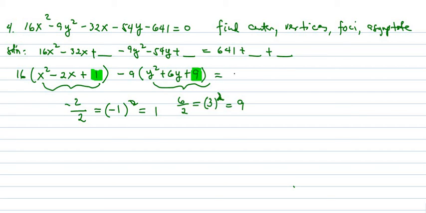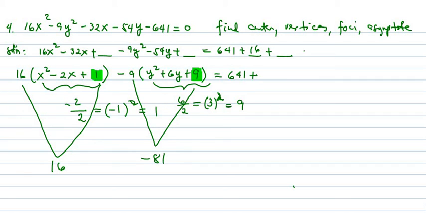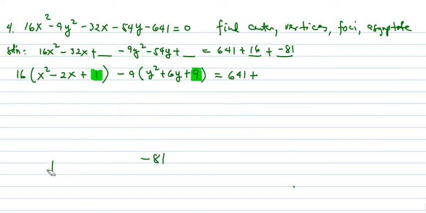Now, equals 641 plus the unknown values here. If you have noticed on this part, we added 1, so we will multiply 1 times 16. So 16 times 1 is 16, and we will add here 16. And on this side, we have 9 times negative 9, that is negative 81. So we have here negative 81. Okay, so we will add these two values. Now, I will erase the explanation of this number. So that when we compute here,